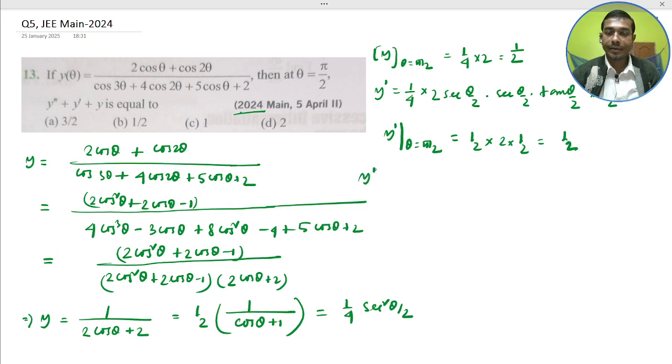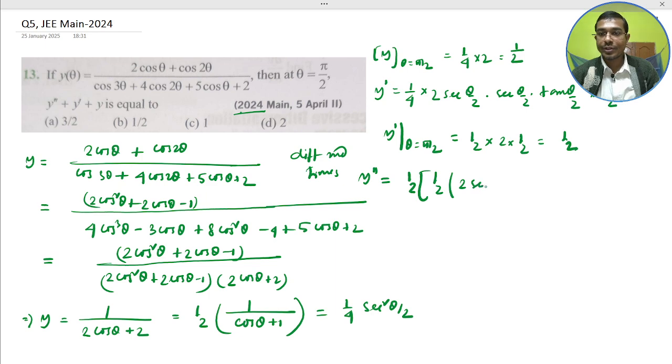Next, again derivative, differentiating a second time, y double dashed: half should be common here, 2 sec theta by 2